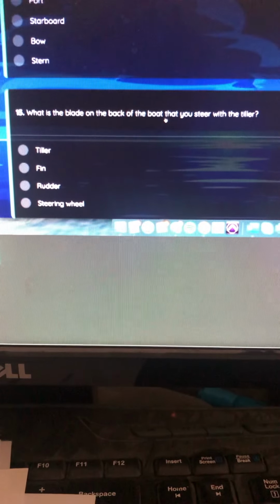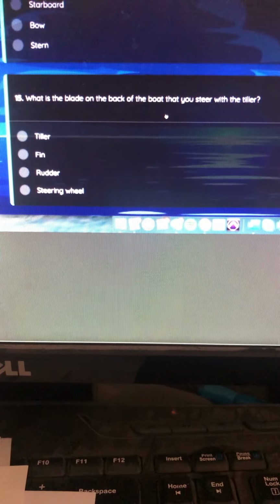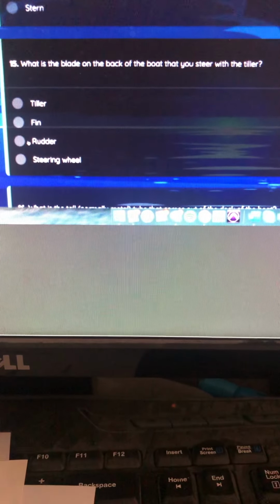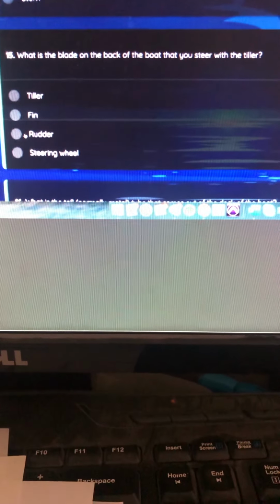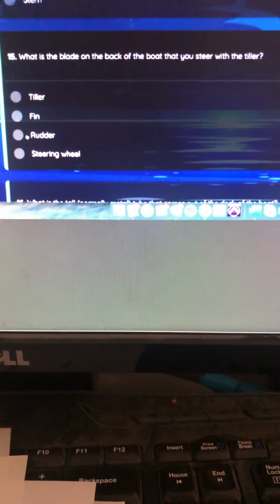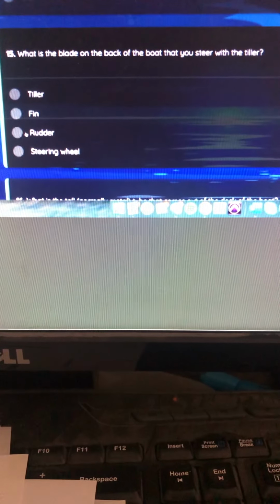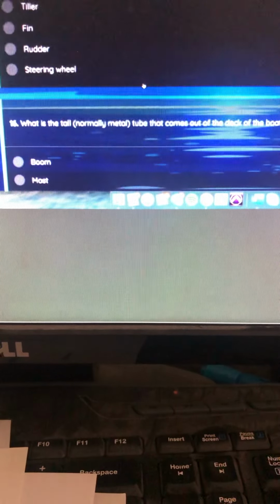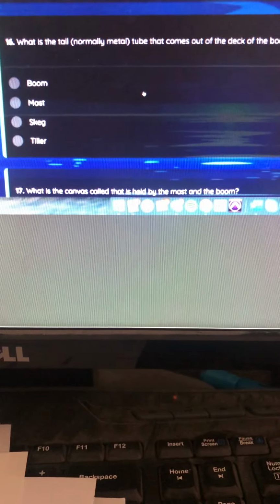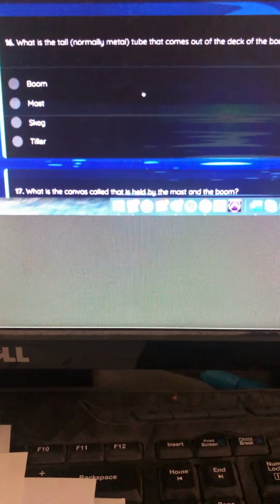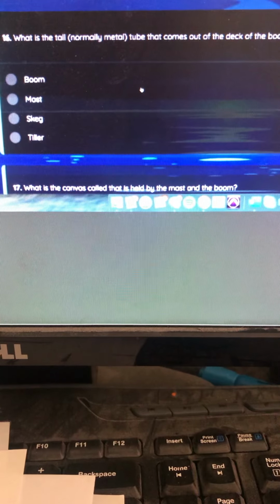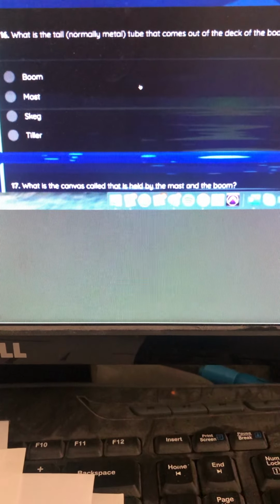Okay, the blade on the back of the boat that you steer with the tiller, that would be the rudder. That's the blade in the water that you steer with your tiller. Remember, that tiller is kind of like a steering wheel, and it allows you to steer the boat, and then that is connected to your rudder, and that's how you steer the sailboat. Okay, what is the tall, normally metal tube that comes out of the deck of the boat? That would be your mast. It's not a skeg, it's not a boom, because the boom doesn't come out of the boat, and it's not